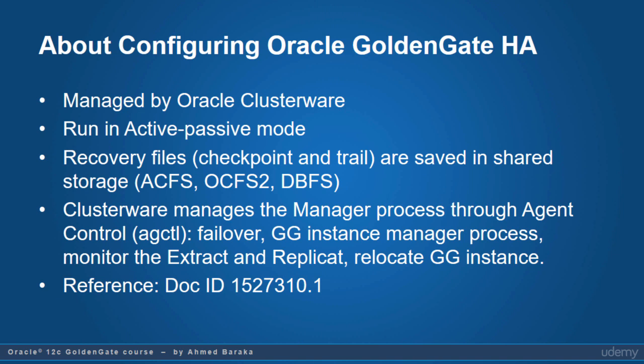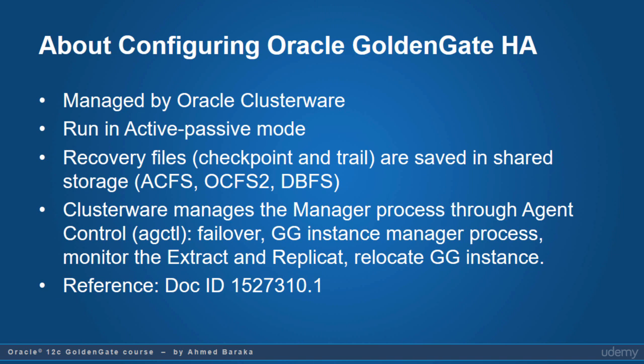At a high level, the procedure includes installing Oracle Clusterware, configuring VIP, setting up the shared storage, installing Oracle GoldenGate, creating the agent script, adding Oracle GoldenGate as a Clusterware resource, and finally starting the resource. The details of implementing this procedure are described in the document